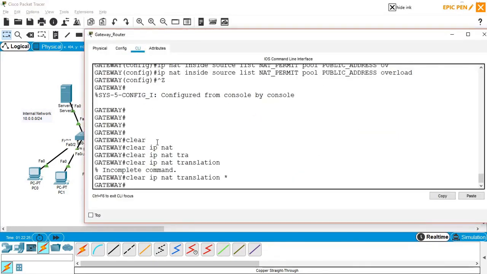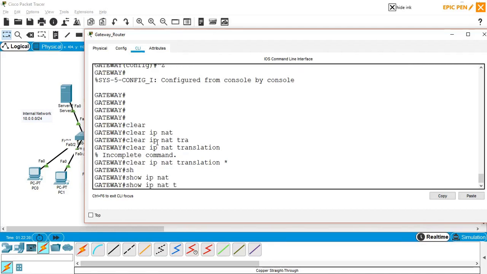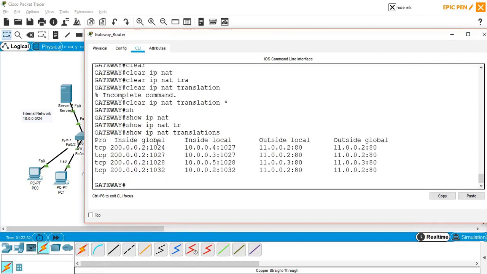And if I say show ip nat translations, you can see that everybody is able to access. Okay, so this is